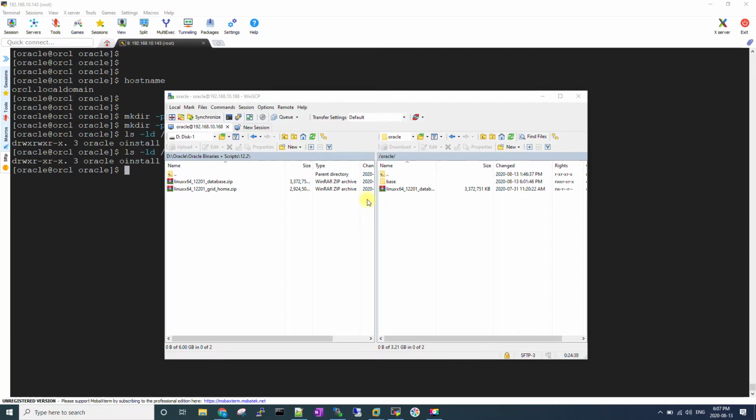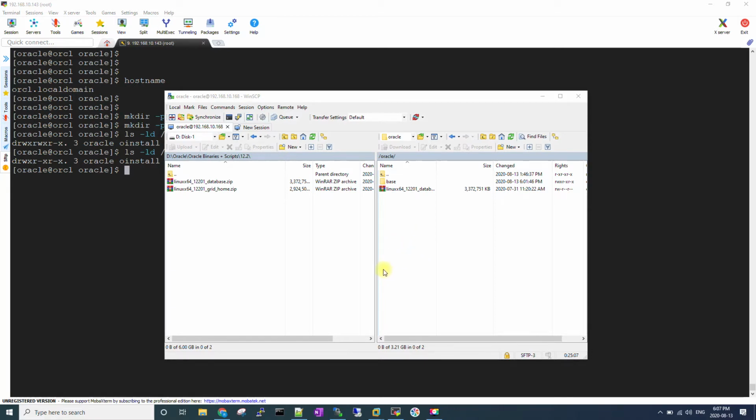In 19c, it won't be extracting into a database folder, but it will be expanding all the files. So let's say when you extract the files in 12c R2 and then install the database, and when you go to the software path, what you will see in the Oracle home is the different type of folders, right? The same feeling you will have when you extract that 19c file.